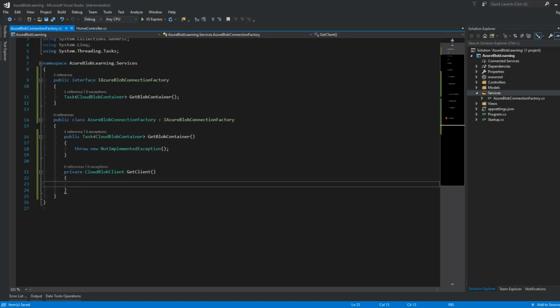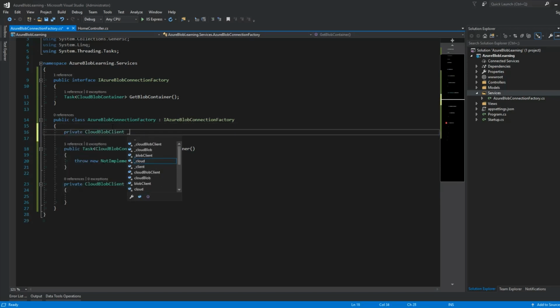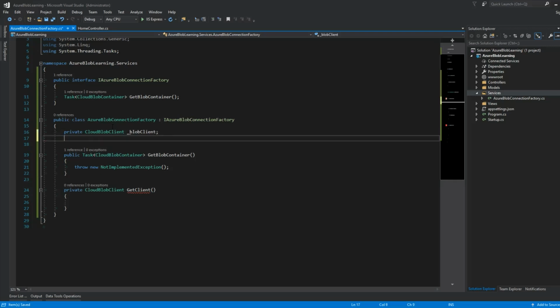We're going to first create a client, then create a blob container, and then we're going to have an Azure Blob service that will do the uploading. I know it's a little bit of an abstraction on abstraction, but it'll keep your code a little bit more clean. First, we'll create a private one of this, because this is going to be a singleton. So we're going to have an instance of this at all times, and we're going to do the same thing. We're going to have a cloud blob container,